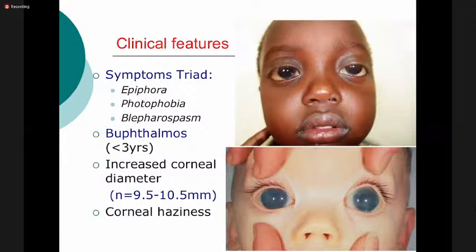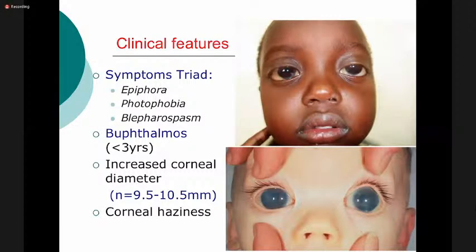Also, as I said, there's buphthalmos. Buphthalmos mainly means a big eye, what we call an ox eye. If you look at an ox or a cow, they have really big eyes, and that's how the patients present. This is because the structures of the eye are not strong enough to withstand those high pressures. In children below 3 years, when the pressures rise, the eye actually balloons out,